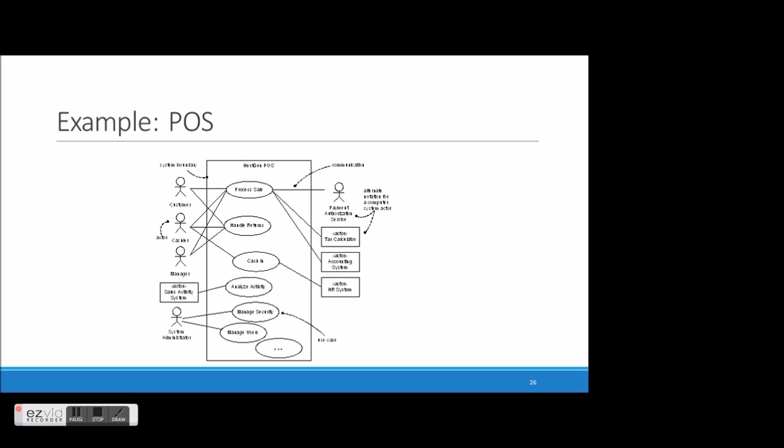Over here, you may have some kind of sales activity system that tracks the sales. Their goal is to analyze the activity. And you have some kind of system administrator that'll be managing security and things like that. So typically, this is what a UML diagram would look like for a use case, right? It basically helps you identify the goals and the actors and shows you which actors are involved in